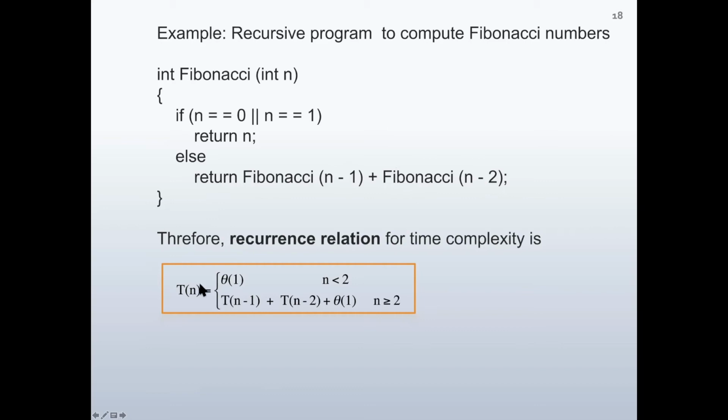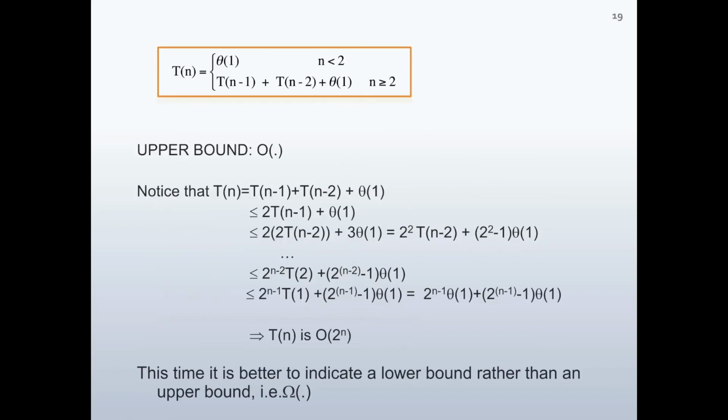So we are writing the recurrence relation, the second part, as T(n minus 1) plus T(n minus 2), plus here there is a summation and it will return also the sum of these two Fibonacci numbers. Because of that, additionally we have theta 1. After writing the recurrence relation, we have to find what is the upper bound. In order to calculate the upper bound, big O order,